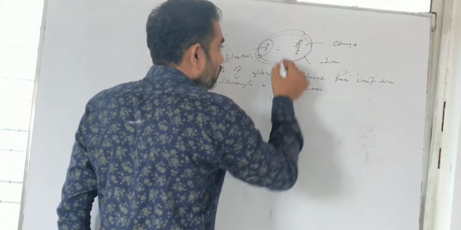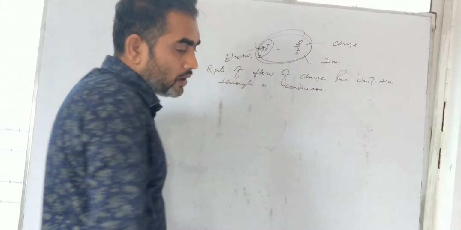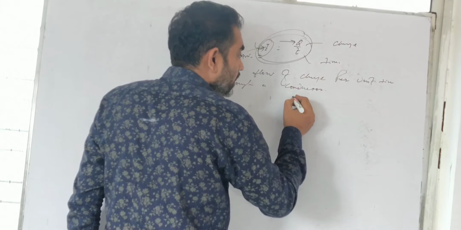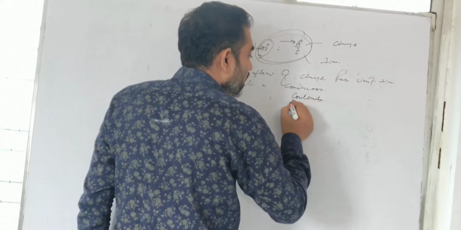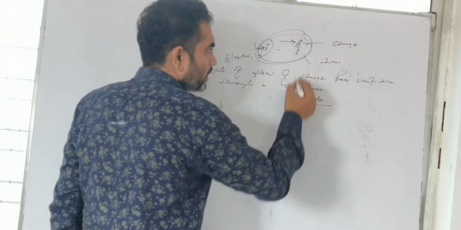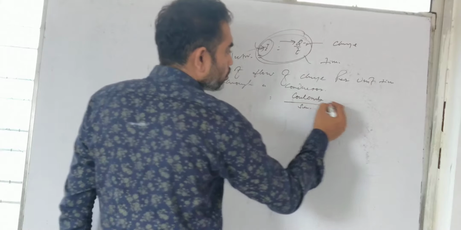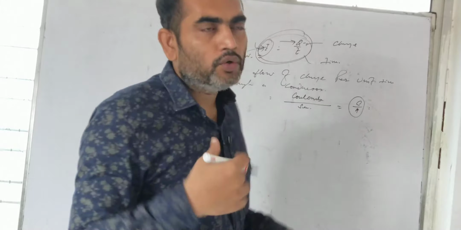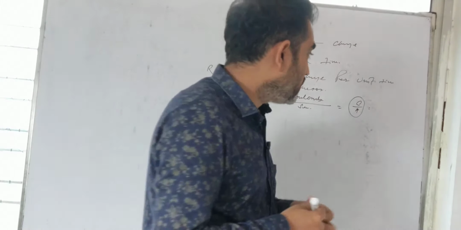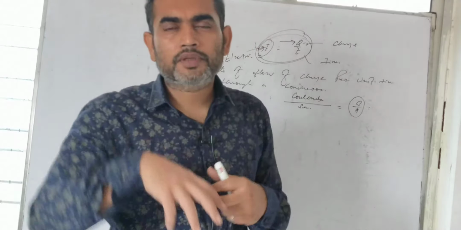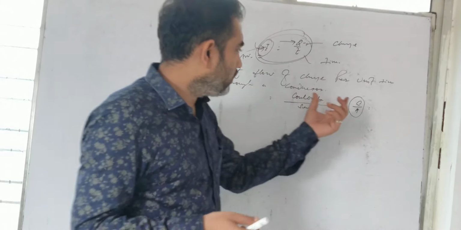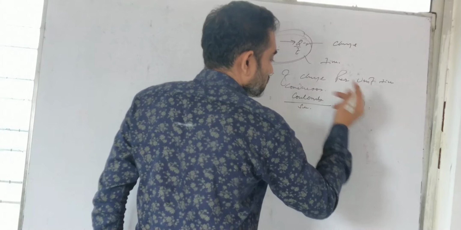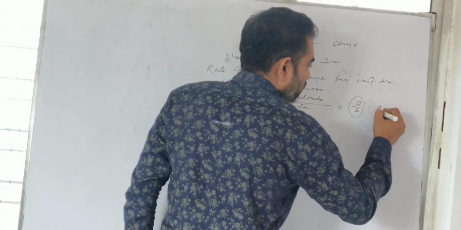Okay, the definition we got. While writing the unit, I had told you the unit for charge is the coulomb, that is the unit for any kind of charge, and time is the second. So coulomb per second is said to be the unit of electric current. I have told you many times, whenever a unit is written with two or more quantities, most of the time we replace it by a single term. So coulomb per second will be called the ampere.